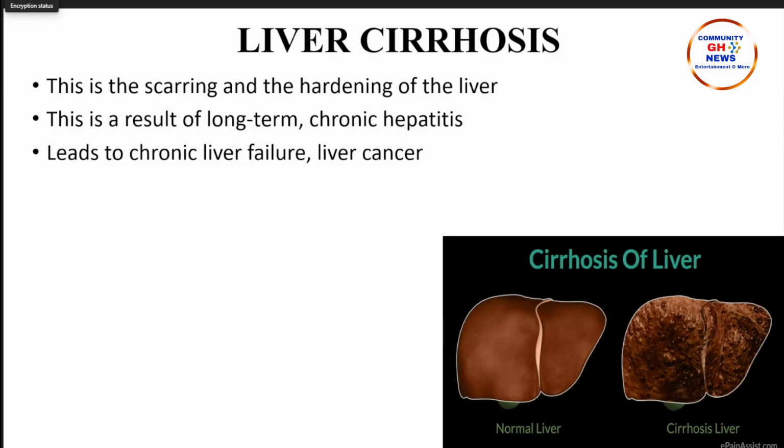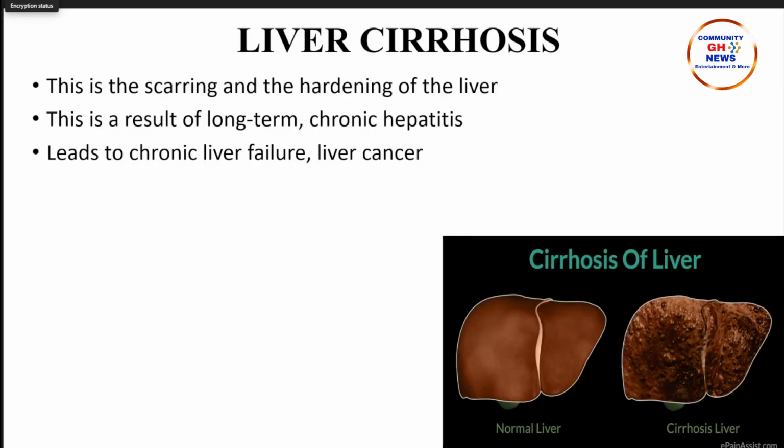Just like in the picture I've shown over here, it looks like there will be scarring. The tissues become very hard, the liver decreases in size a bit, and the surface of the liver becomes very, very rough. So when you come to the hospital and we examine your abdomen and palpate that part, we can even feel the liver being rough. That will give us an idea of what's happening. Then we'll let you go and do the scan. The scan will also confirm that.